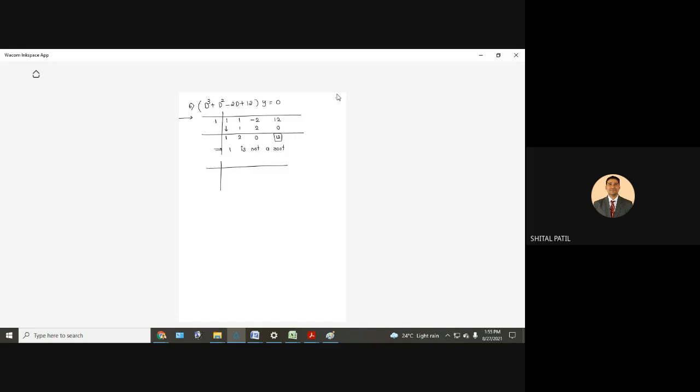Since we have 1, 1, minus 2 and the constant term is bigger, 12, a large difference is there. So probably it is difficult to get a smaller number, 1 or 2, as a root. So let me start with the minus 2. If you want, you can try with 1, minus 1, 2, minus 2. Again, it depends upon your practice, depends upon intuition. 1 as it is. 1 into minus 2 is minus 2. Minus 1. Plus 2, again I am getting 0.